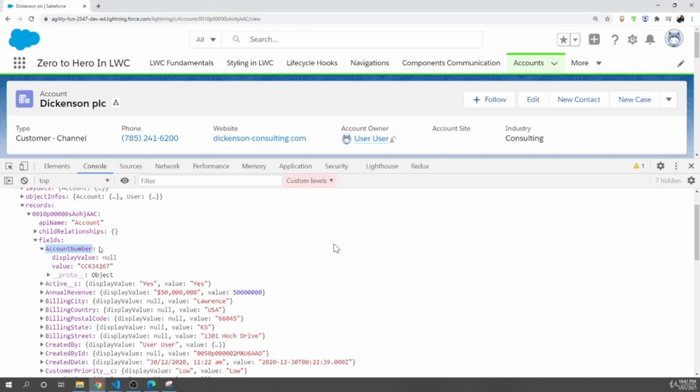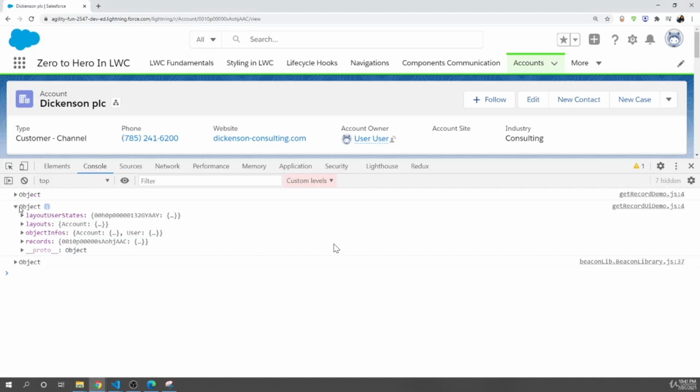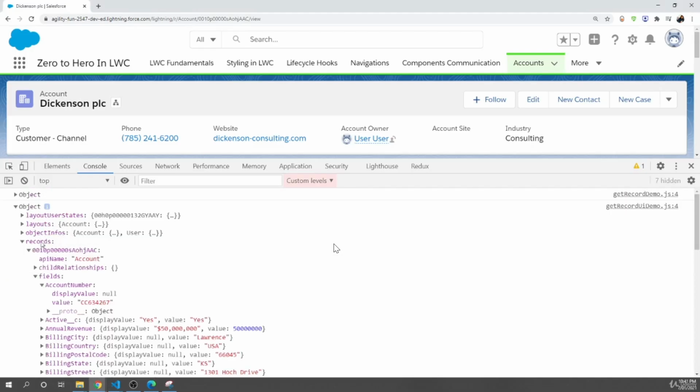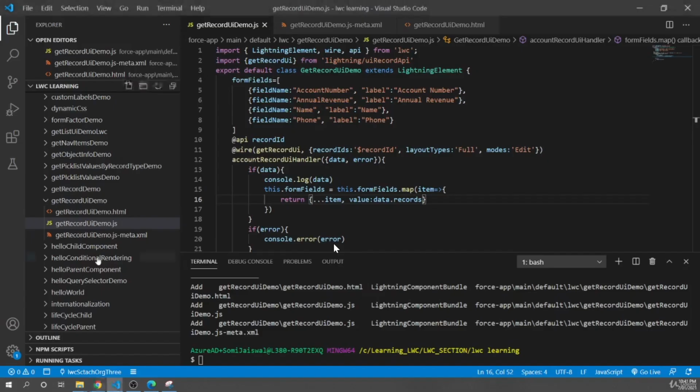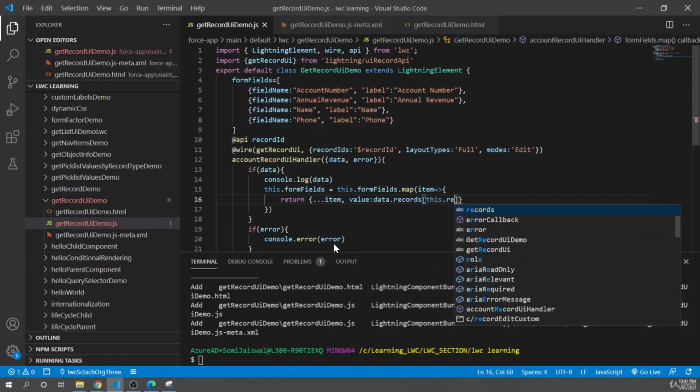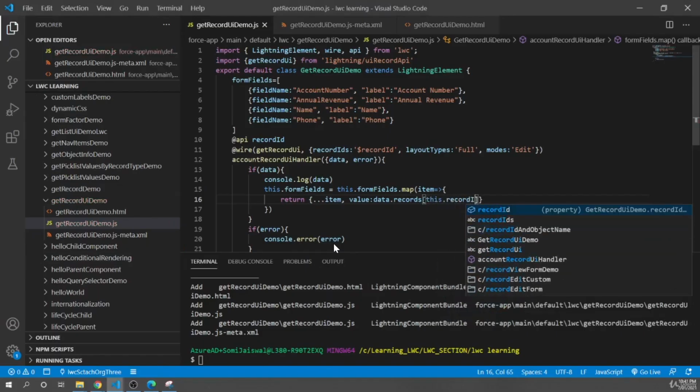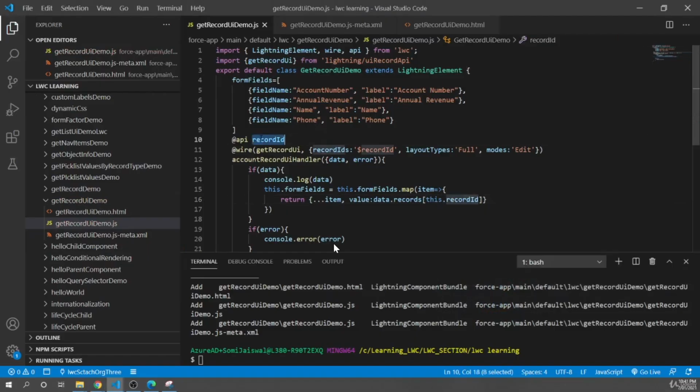If I go here and see, this is the data whole object, then we are going to the records, and in the records we have a record ID. So we can dynamically fetch the record ID using this dot record ID, because record ID we are getting here. Go to that record ID, under that go to fields